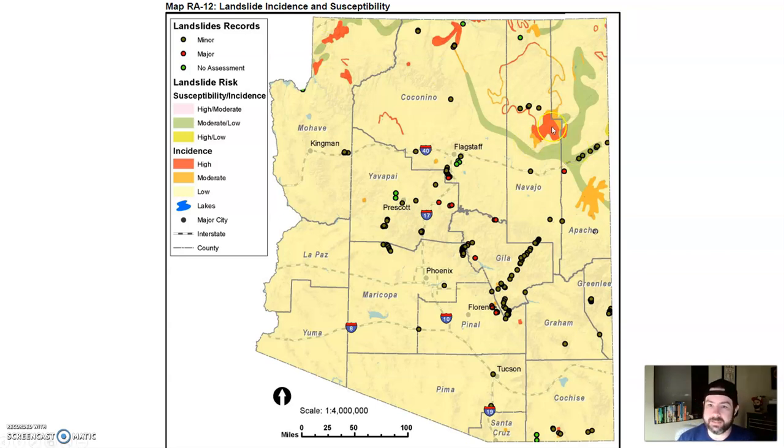Here, red is high incidence, orange moderate incidence, yellow low incidence. So we tend to have a lot of high incidence, again, mostly up north and mostly in and around tribal lands, where over half of it has occurred. So high incidence around these locations, moderate incidences, and then all the other yellow is low, but still, it's still there. If you look, almost all of Arizona is covered in a low mass wasting incidence. So it could happen anywhere,